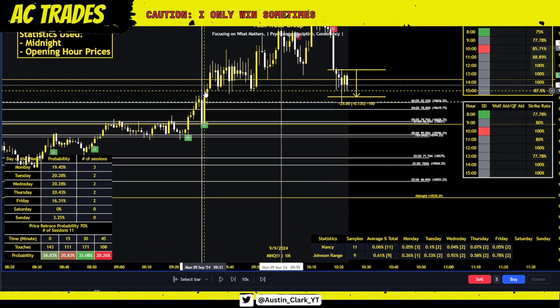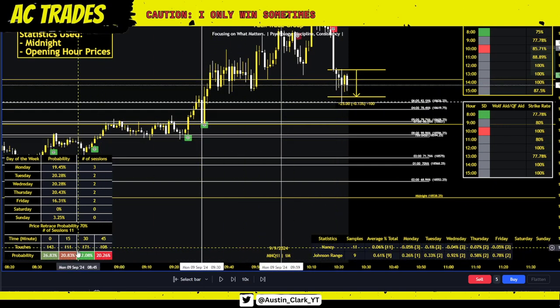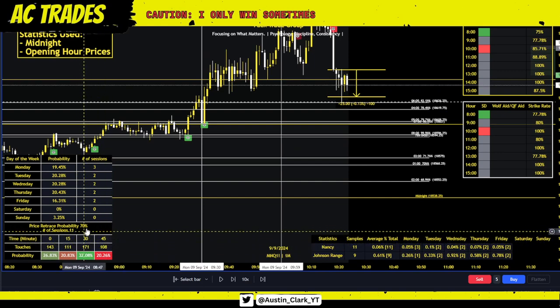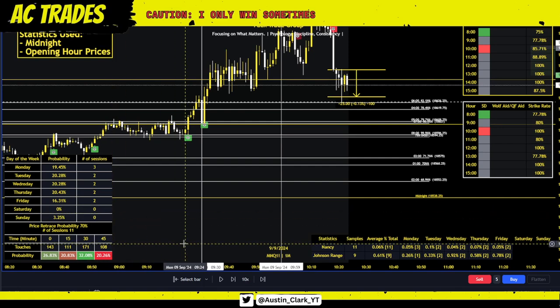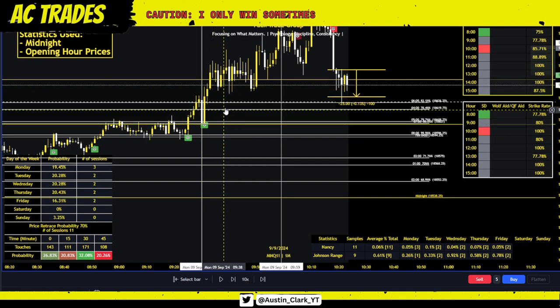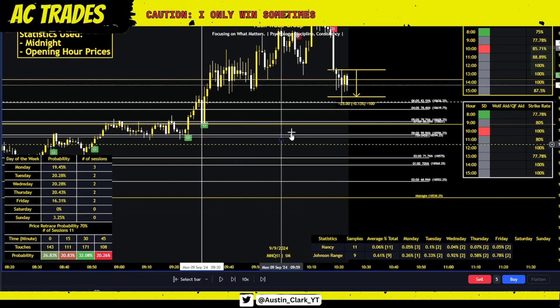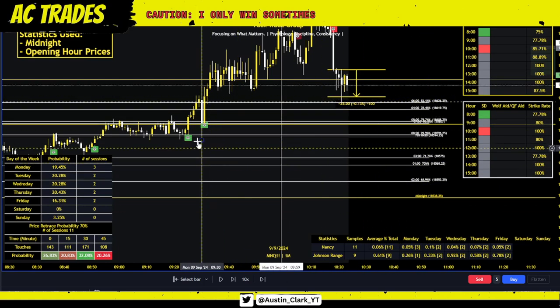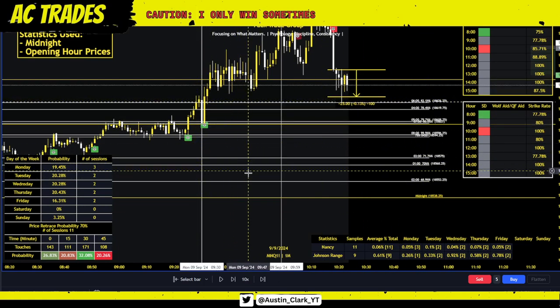And what does this mean? From 9 to 10, it's saying 9:30 to 9:45. So 9:30 to the end of the hour of that candle is the highest probability of retracing every single one of these opening prices, or at least as many as we can. Now, obviously, you can see right here, starting at 9:30, we only retraced 5, 4, and 6. I'm not saying they're all going to get hit, but they all have a very high probability, at least that's where the motivation for price is starting at market open.